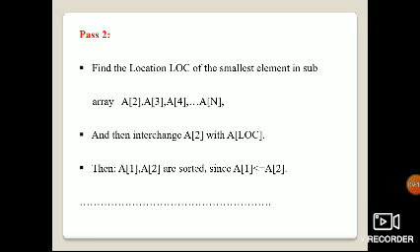Next, pass 2: find the location loc of the smallest element in the subarray. A of 1 is completed, so the subarray is A of 2, A of 3, A of 4 up to A of n, and then exchange A of 2 with the element at loc. The smallest value has to be stored in the second element.